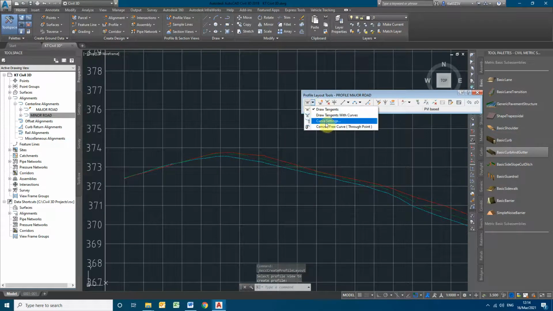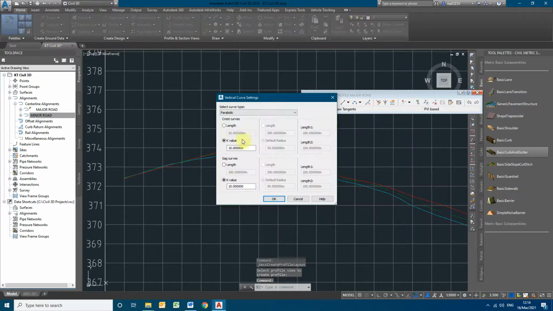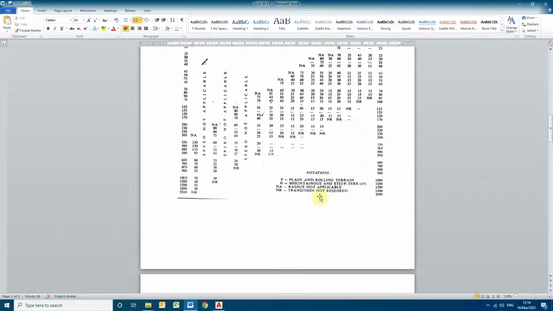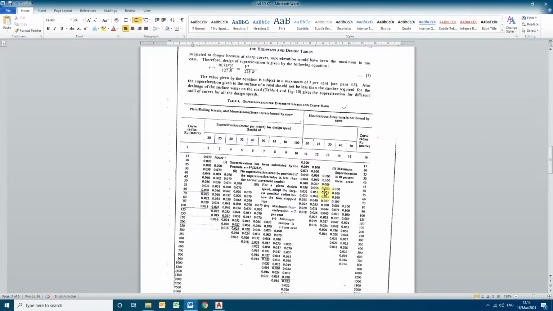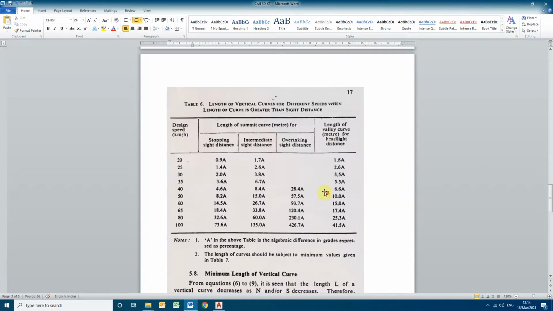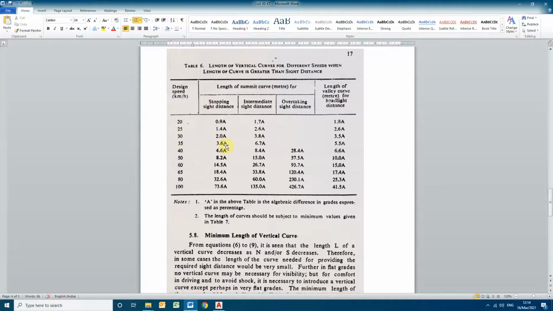So in the same way what we had done, here we have to give the curve settings. You can see here, these are the key values for the design speeds that we are doing.